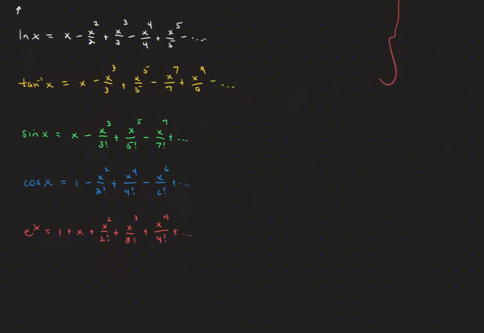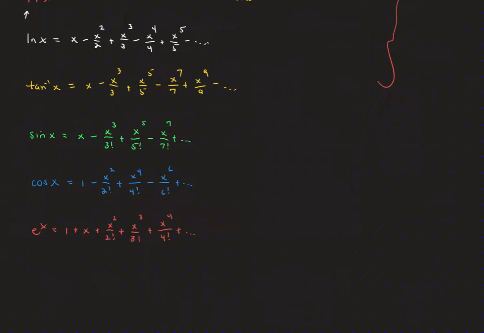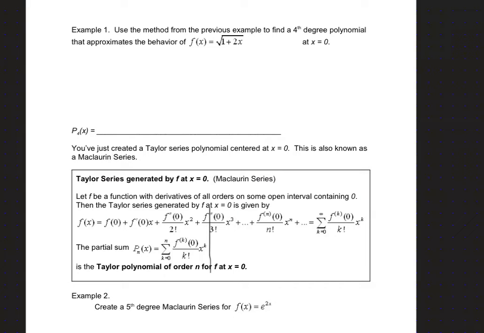Okay, now I'm going to go to the next panel and we're going to do some of those example problems, and work through our packet starting with page 2. So here we are now on page 2 of your Taylor Series packet. We are going to use the method from the previous example, but what we're going to do here is try to find the different derivatives going up to the fourth derivative, and we're centered at